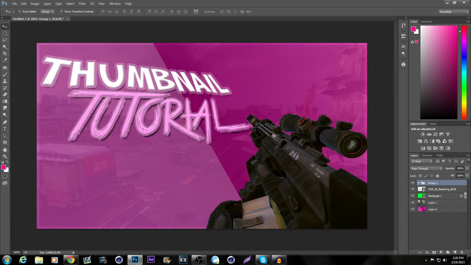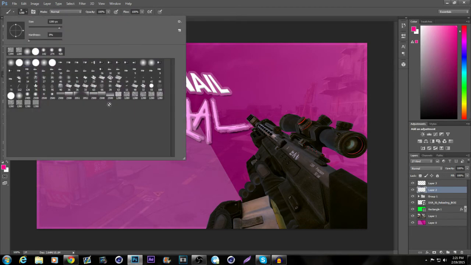I'm probably forgetting something. Yes, I am. Never mind. Sorry. That's not it. Create 2 new layers. Your first layer, what you're going to want to do is, this is optional, but I like to do it. You're going to want to go to your paintbrush tool and click on a brush that you can put all around your